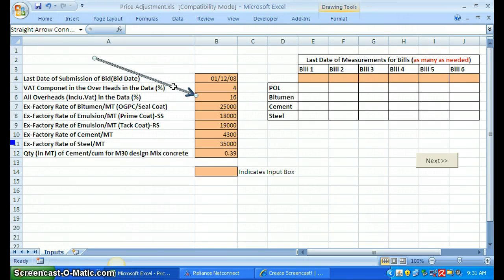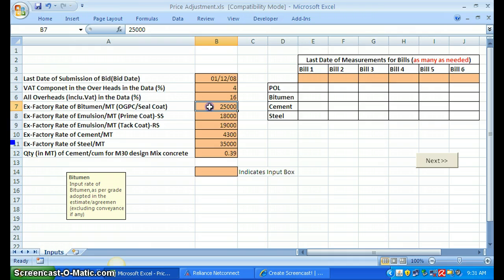Next, let's come to BT rates. This is the rate of bitumen that is used for OGPC and seal coat. Whatever grade you have adopted in the estimate, you provide that rate here. Similarly, this is the rate for emulsion for prime coat, whatever grade you have used in the estimate, you input here. Similarly, emulsion for tack coat. Typically these two emulsions will be of different grades. For prime coat, you may have used slow setting, and for tack coat you might have used